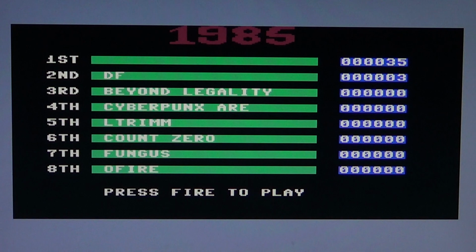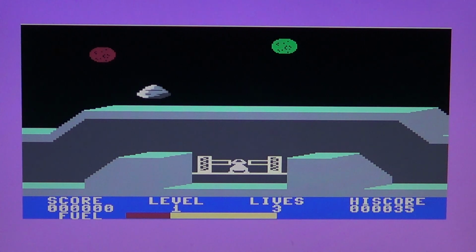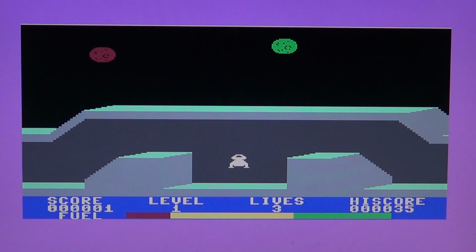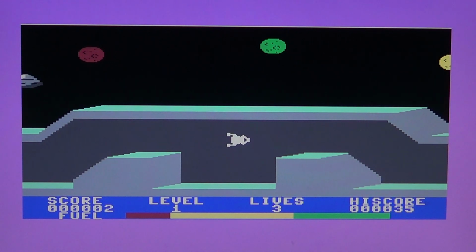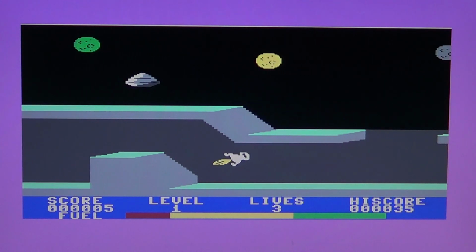So 4.5 the score, which is not much more than I would give. So this was the Commodore 64 version of a game called 1985, The Day After, made by Mastertronic.